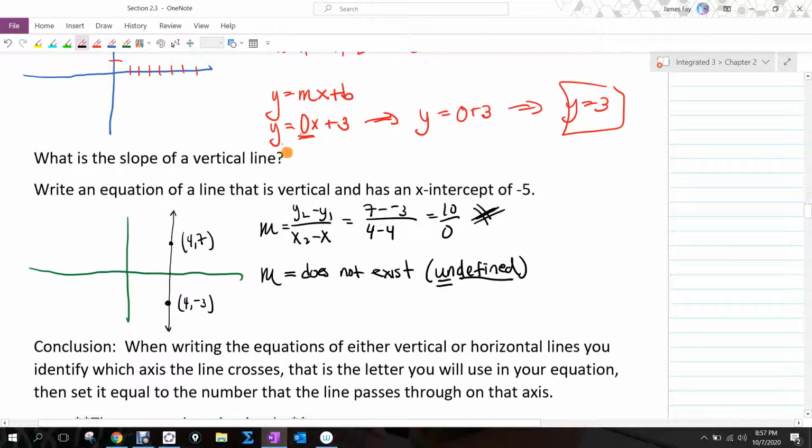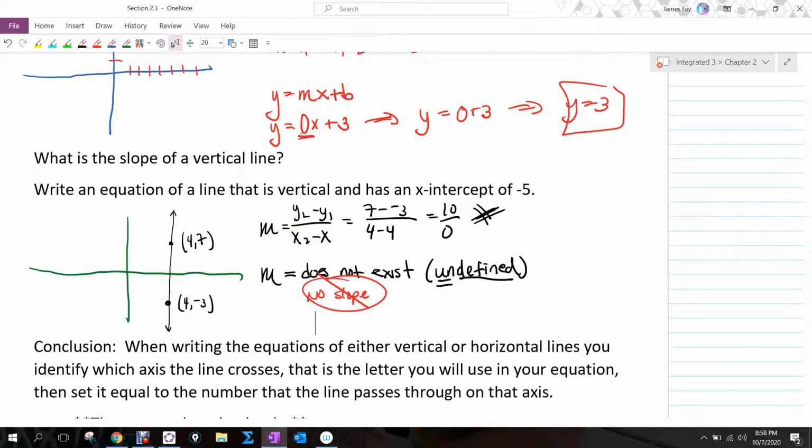Previously in some classes, you probably said no slope. I don't like saying that because when people say no, they attach that to the number 0 and they get confused. So I'm going to say a slope of 0 or a slope that is undefined. Okay? So then